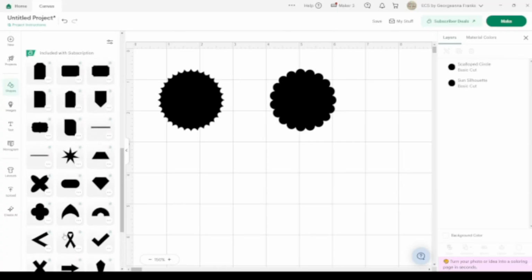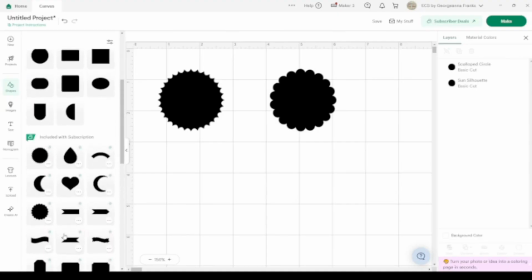So what I'm going to do today is I'm just going to show you how to make your own. You can look at these over here even if you're not going to use them, or you can pull them onto your canvas to look at them and then delete them before you save the file. And that should not cost you anything to use because you're not saving that shape. So regardless of that, if you don't want to figure out how to make your own, if you'd rather just get in there and get to work, that's fine,